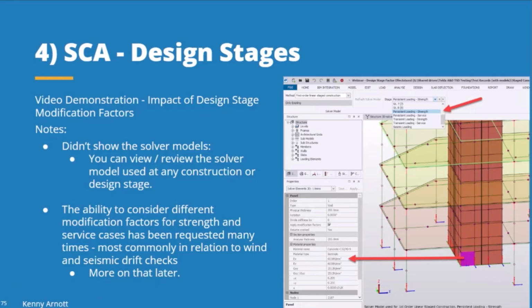Once you're looking at that, you can pick any element and see the properties that were used in that analysis. And just a reminder that this ability to consider different modification factors for the strength and service cases, or for persistent and transient loading, has been quite commonly requested by TSD users.